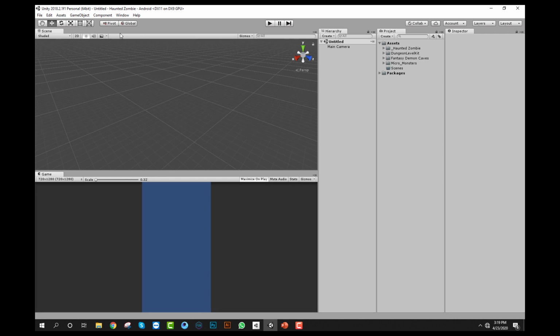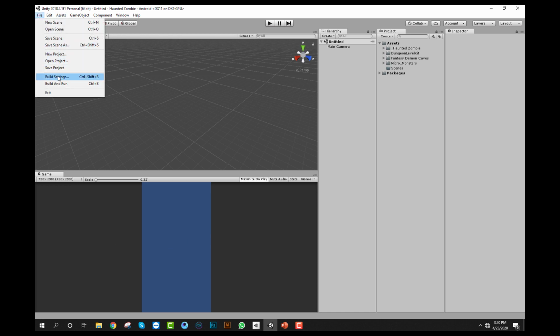There are a lot of windows in the Unity interface, like the scene window, where the developer can edit anything. This one is the game window, where the user can see things like mobile screens, and there are more windows, like the hierarchy window.